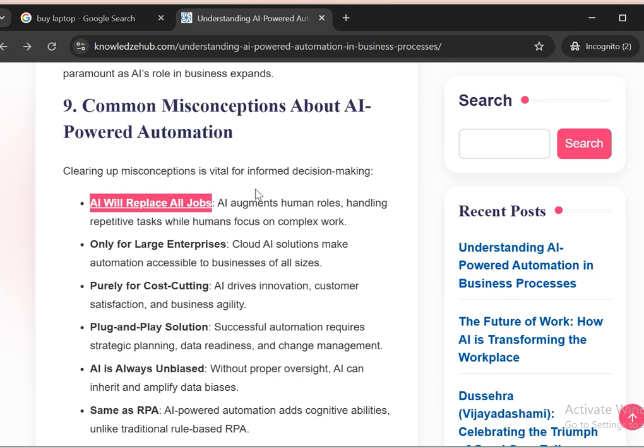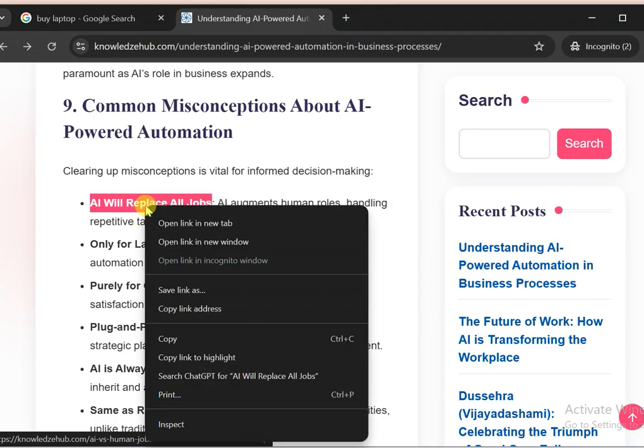When it comes to a backlink, it is getting links from other websites. Here this is the anchor text, and the keyword which we have used here is AI will replace all jobs. So this is the keyword.